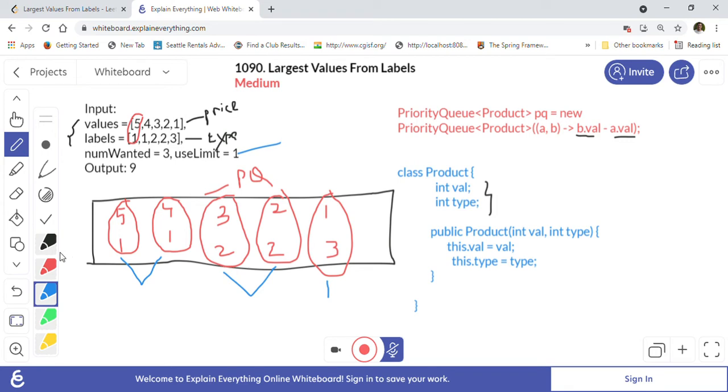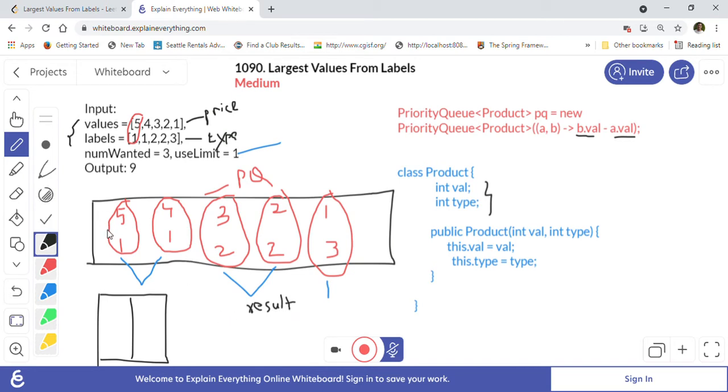So what we will do is we will keep taking out the products one by one from the queue, and we will use a hash map to recognize how many types are already used for that type. So let's say this is our hash map here. First thing is we will create a variable called result. So this result variable will hold our value, right? And then at the end we will just return this result variable.